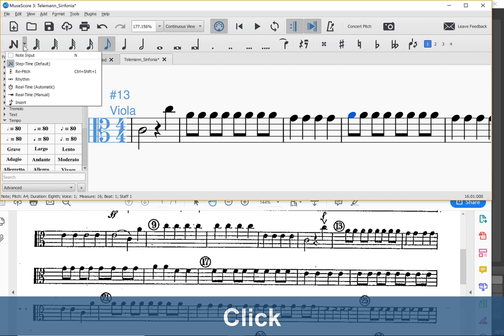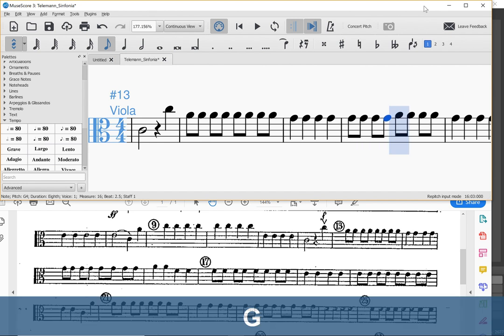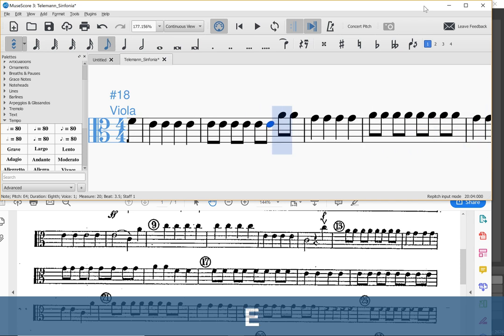So I'm going to go to note input mode, but I'm going to go to this special version called repitch mode. In repitch mode, I don't mess with rhythms at all. I just type pitches. And it's just going to keep the existing rhythms. So I want G, G, G, G, G, G, G, G, A, F, F, F, F, F, F, F, F, F, F, E, E, E, E, E, E, E, E, E, E, E, E, E, E, C, A, up an octave, A,